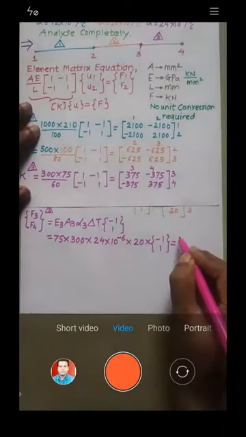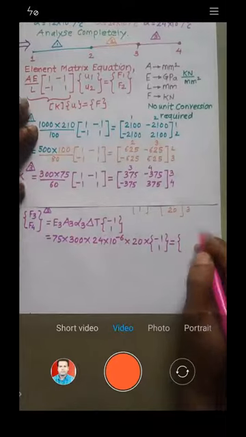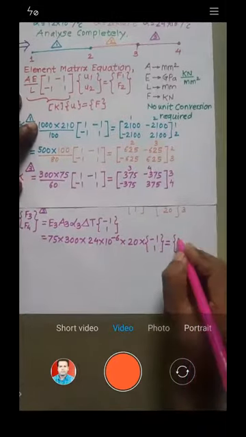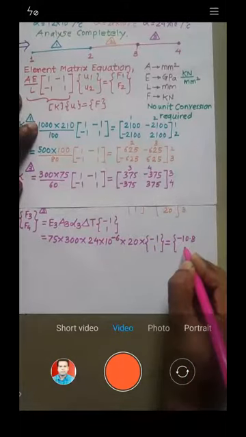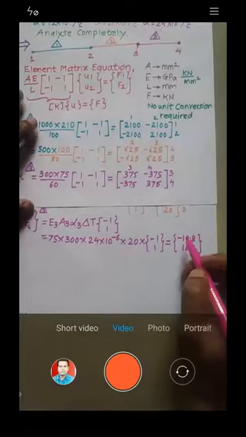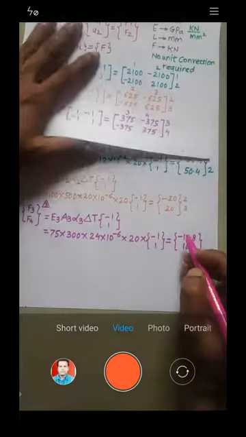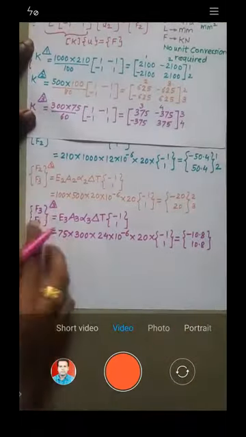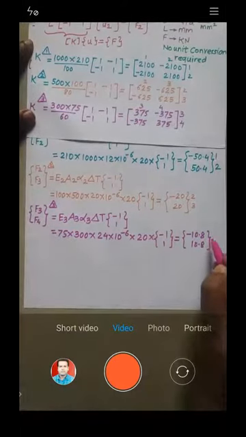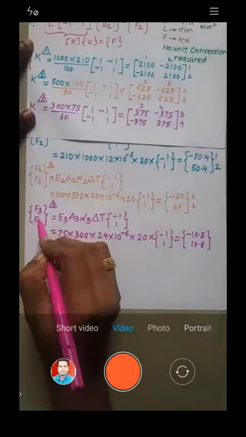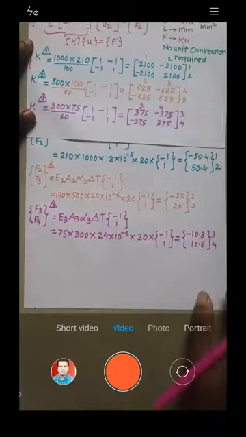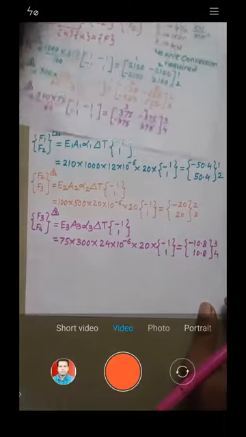Is it okay, all of you? 10.8. Okay, all of you just check. Yes, sir. So I'll write down minus 10.8 and 10.8, right? Now again, as I told you, we have a single column, because that is a force column. We have a single column, but the numbering of the rows will depend upon the nodes of that particular element. So this is to be written as 3, 4.